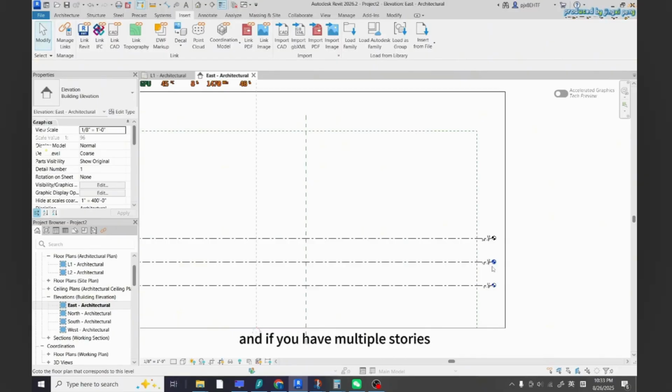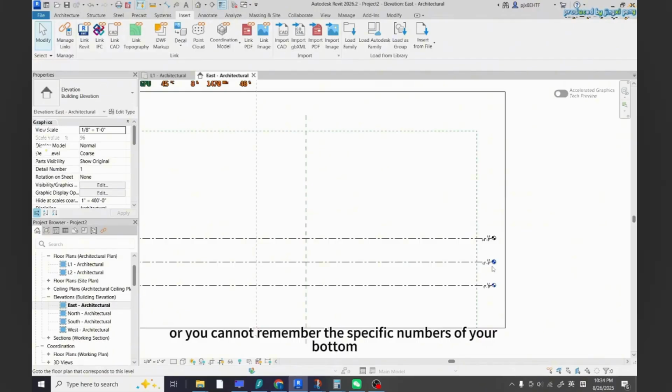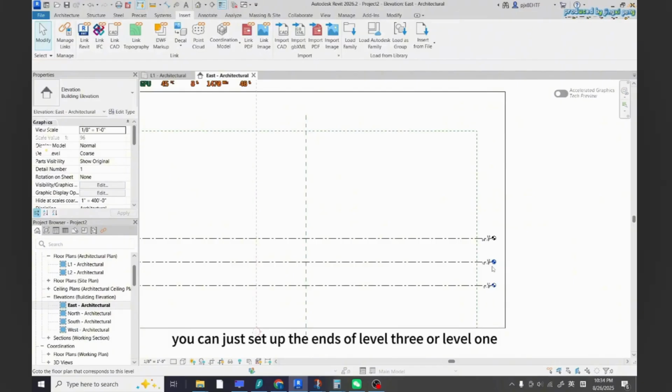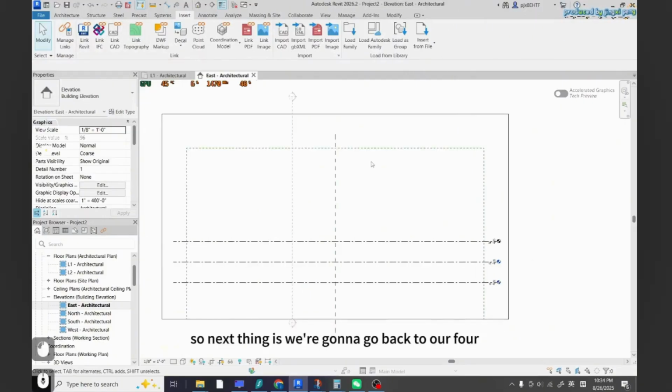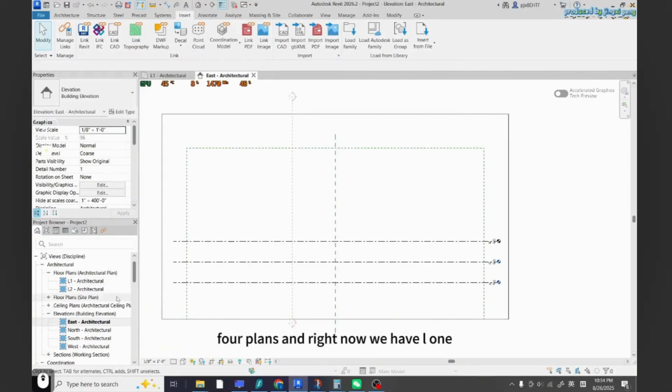the top level. And if you have multiple stories, or you cannot remember the specific numbers of your bottom or top level height, you can just set them up as level 3 or level 1. Okay, so you don't have to remember the numbers all the time. It's super great. So next thing is we're gonna go back to our floor plans, and right now we have